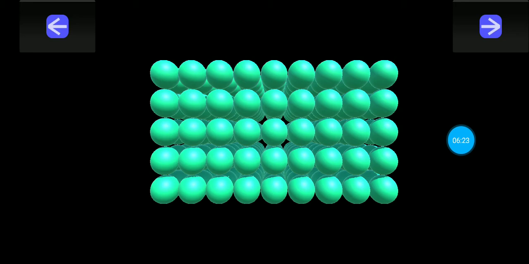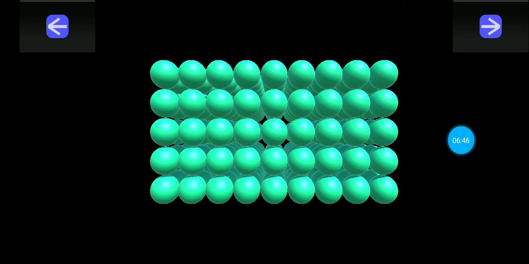So if the first horizontal line is A, then the next horizontal line is also A, and the next is also A, and so on. All the horizontal lines are exactly identical to each other, leading to A 3D packing. So this is A 3D packing.